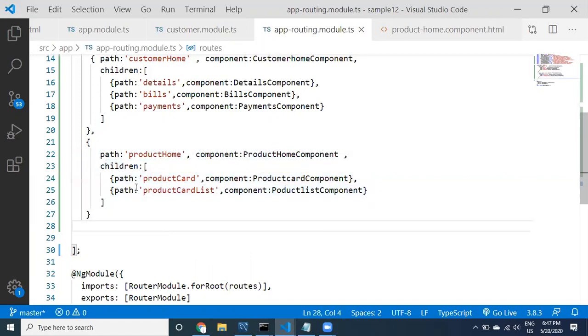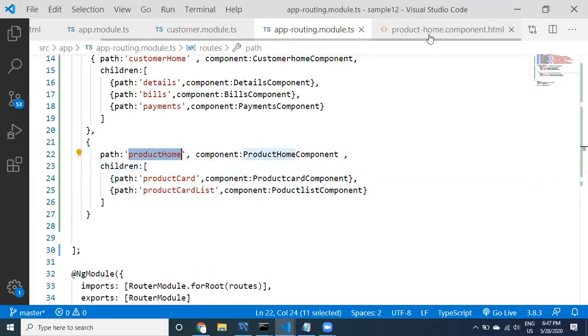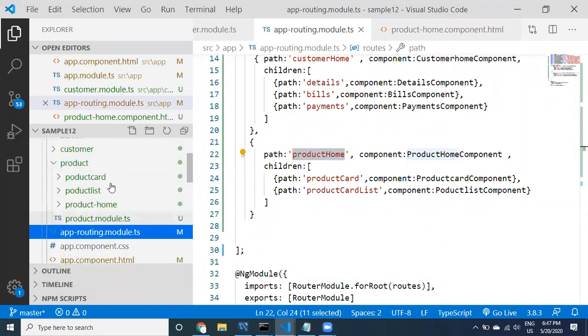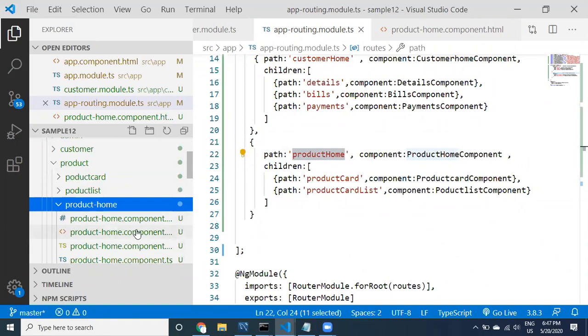Once after providing the children for product home, let us go to the product home.